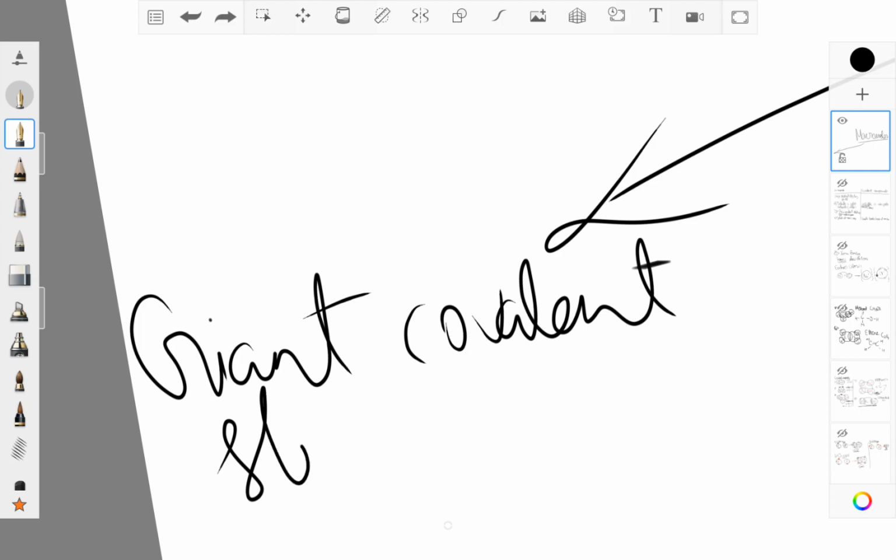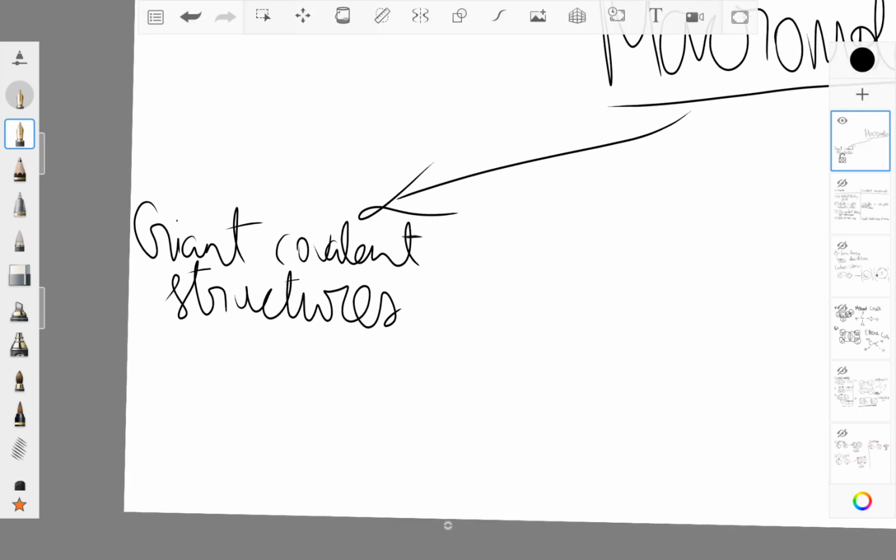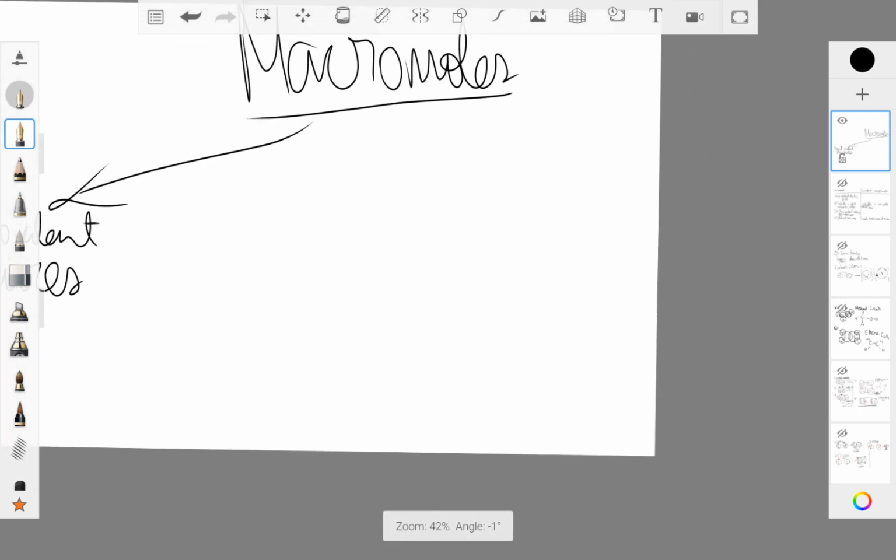Right. Now, when we say they have giant covalent structures, these are still covalent compounds. It's just that their structures are really, really big. And the best example for macromolecules would be